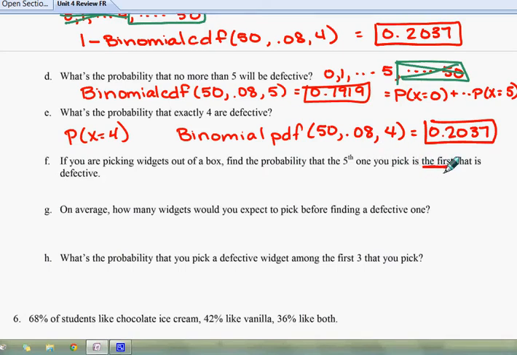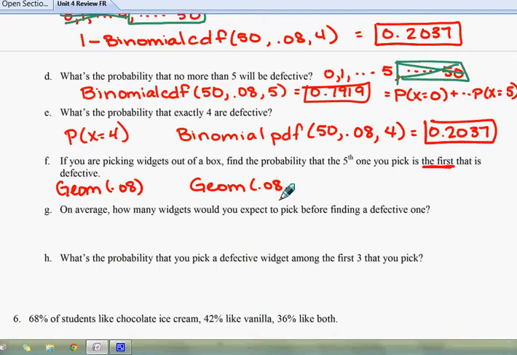First, whenever we talk about going until an event occurs or looking for the first of a certain kind of event, we are switching gears. And now we're talking about a geometric probability where the chance for success is 0.08. So for this one, we're going to do geometric probability